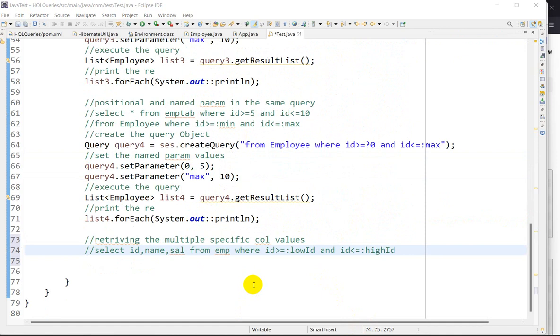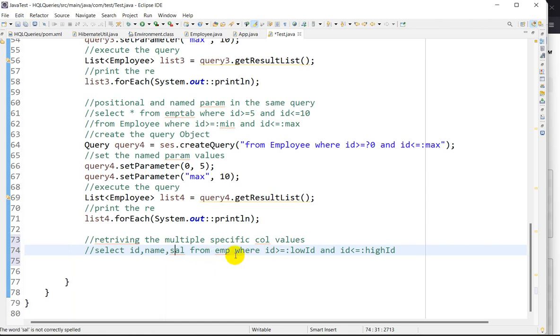Now in the previous queries we are retrieving all the columns, but if our requirement is retrieving only specific columns, let us see how we can retrieve specific columns. So let's take an example, if we want only id, name and salary of the employee,